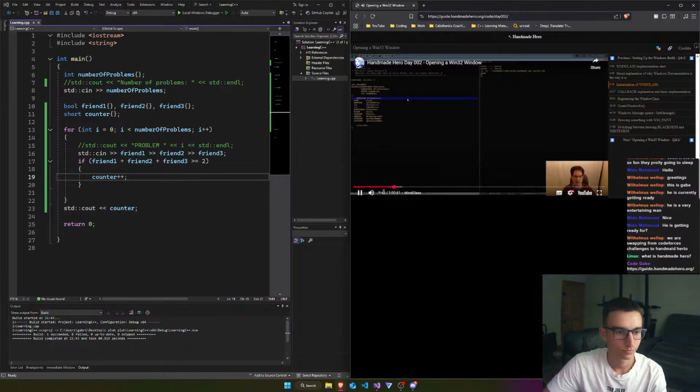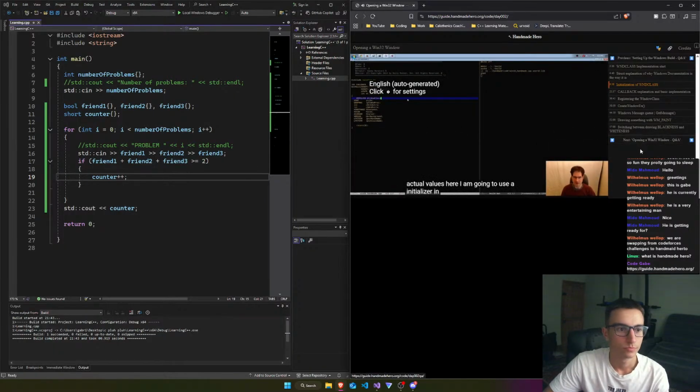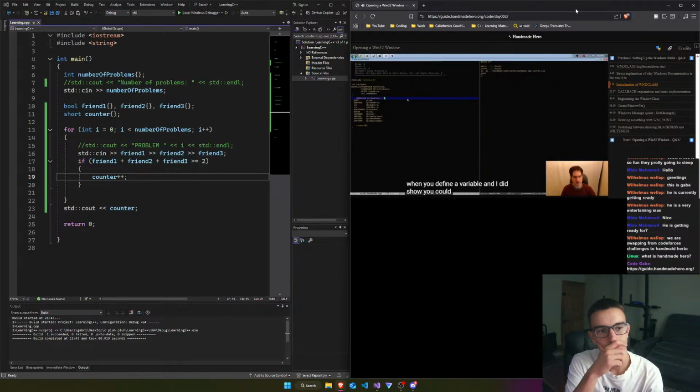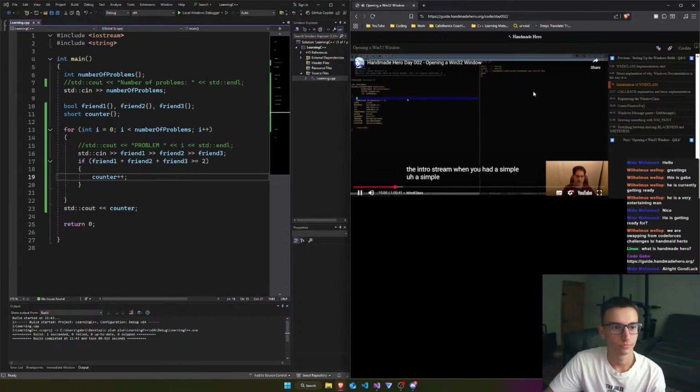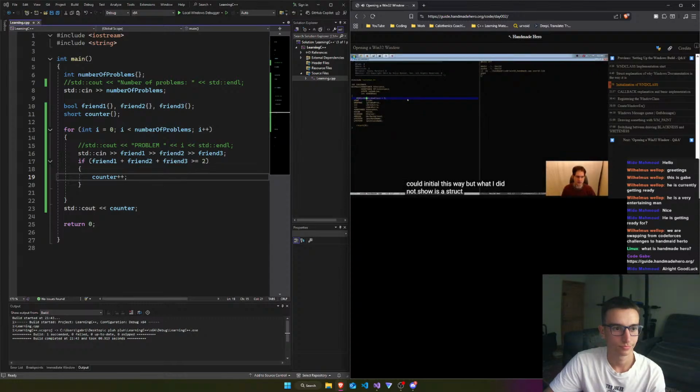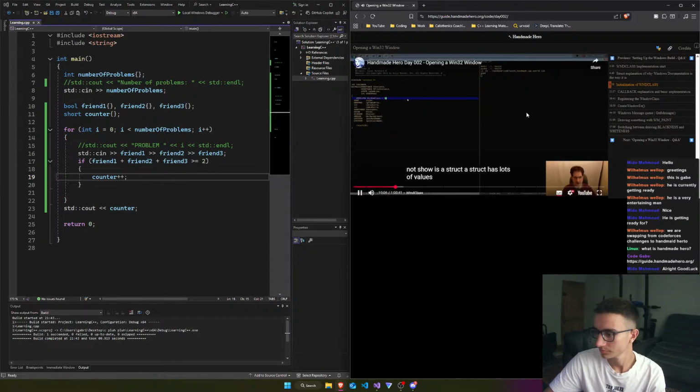To set all of the actual values here, I am going to use an initializer in C, which we did not cover in the intro stream. That is when you define a variable, and I did show you could do things like this in the intro stream, when you had a simple thing. Like if I had an int, I could initialize this way. But what I did not show is a struct. A struct has lots of values, so you